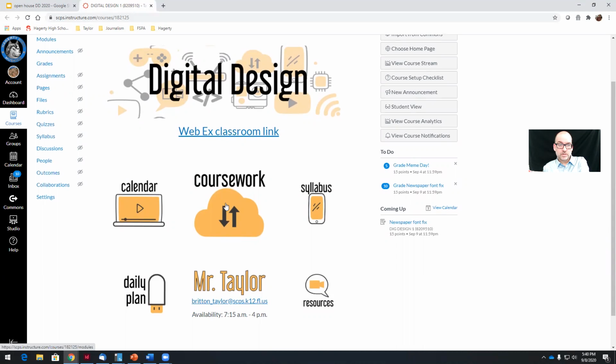Although coursework also is the place where they can find their assignments, and I'm sure, as you've heard by now, calendar links to their personal calendar, and it's going to show them all the assignments, all the eCampus due dates across all their classes. Now, everything we turn in is eCampus, so basically anything graded comes through this portal. So let's open up the lesson plan,